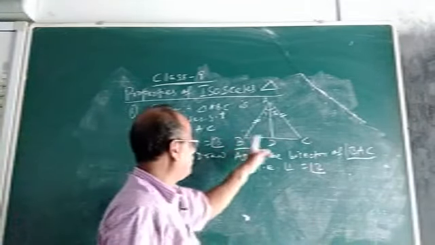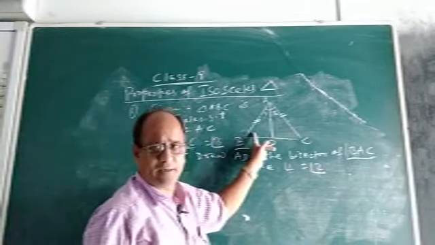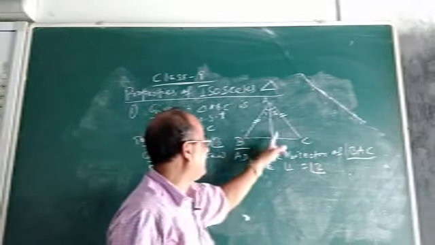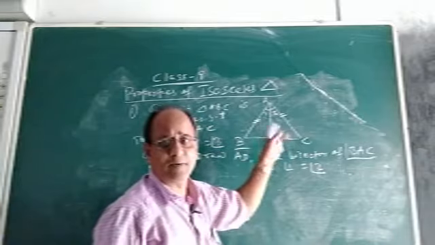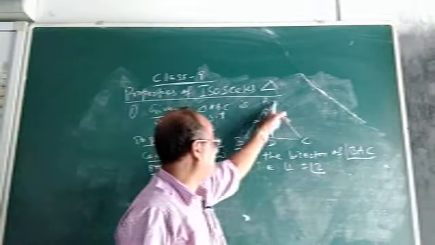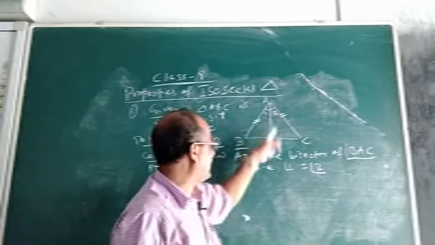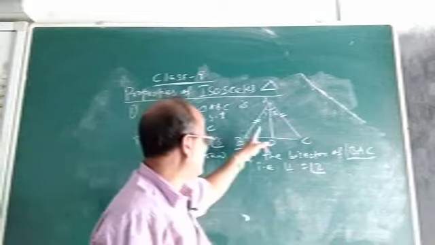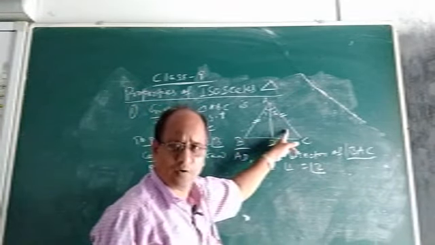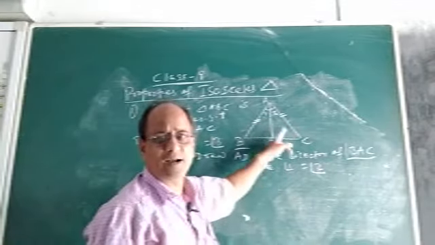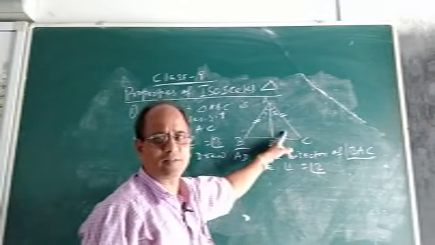As we want to prove that angle C equal to angle B, angle C will be equal to angle B when? If triangle ABD and triangle ACD can be proved congruent. That means if we can prove triangle ABD and triangle ACD or triangle ADB and ADC, you can name it in any way you like. So if we can prove that these two triangles are congruent, then automatically angle B and C will be equal. Why? Because B and C are corresponding angles of these two triangles.